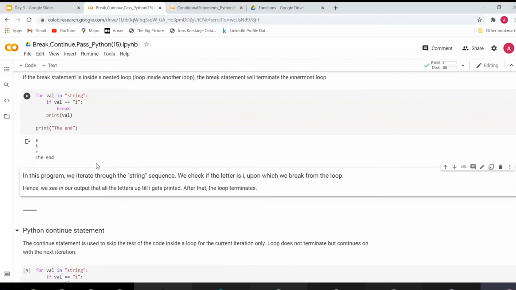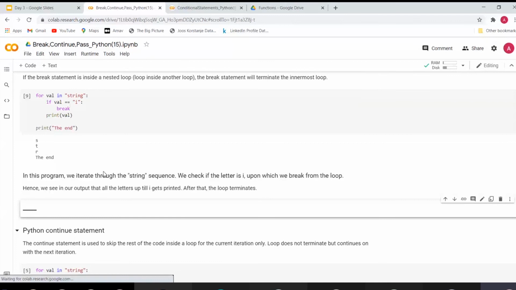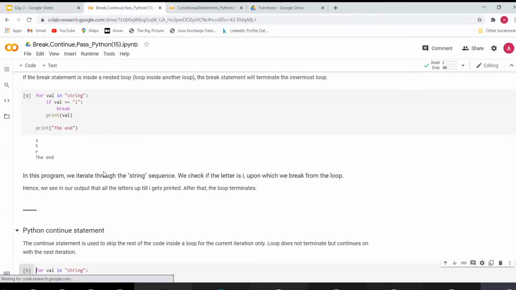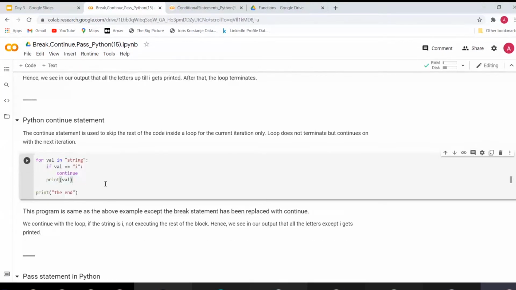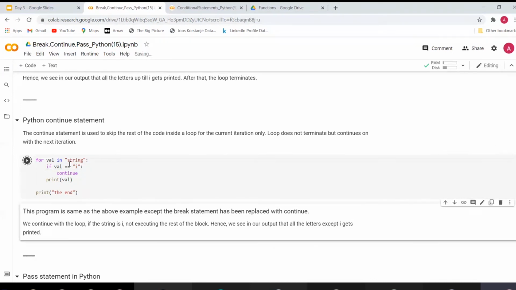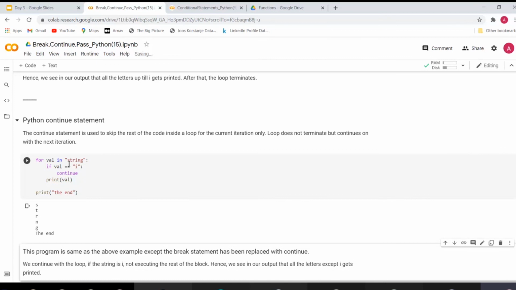Then let's see how the continue statement works. Again, we have the same string, same for loop, and same if condition. The only change is that instead of break, we have continue. So in continue, what happens now is s gets printed, t printed, r is printed, and when i comes, it goes to the inner code, which is continue.